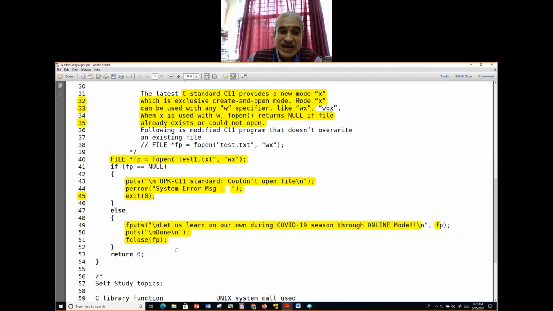So you make an attempt to write into the file, and every write you do in a file doesn't get written immediately. The operating system doesn't write into the physical file immediately. It is kept in the buffer and it gets its own turn, and during that it is going to write in the file.